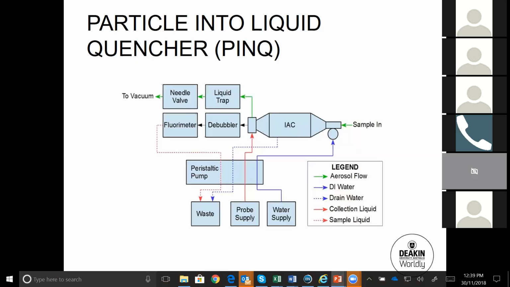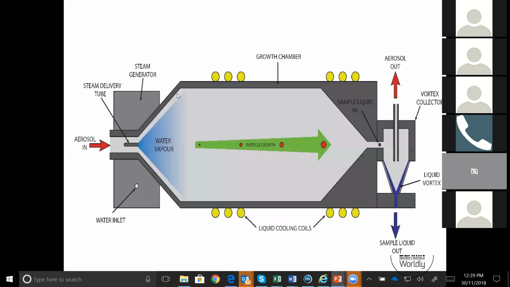This instrument was designed to overcome the difficulty of collecting ultrafines with a high efficiency through mixing of the sample aerosol with steam. So we can see that we have an aerosol, we have a steam generator, and then they mix in order to create a supersaturated aerosol. The particles in this aerosol then undergo condensational growth, in which the particle is coated in a layer of liquid water, and it is actually forming a liquid droplet, exponentially growing them in size.